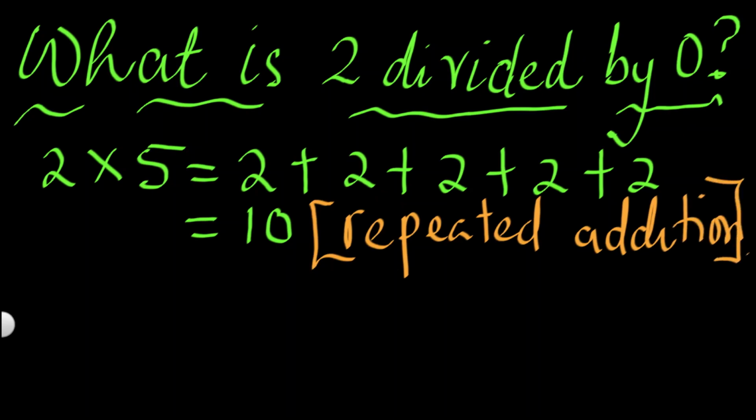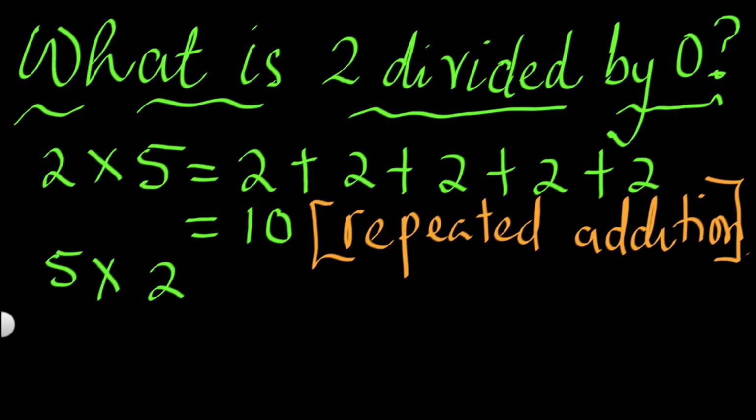Although 2 times 5 and 5 times 2 both give you 10, the meaning is actually different. We say that multiplication is commutative. By commutative, we mean 2 times 5 is the same as 5 times 2. It is the same in terms of the answer, but in terms of the process, these are two different processes. Because if I say 5